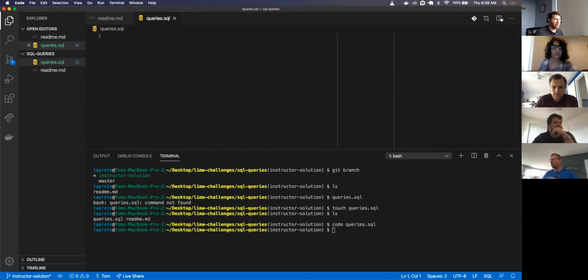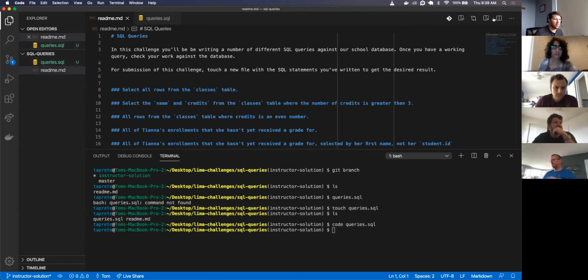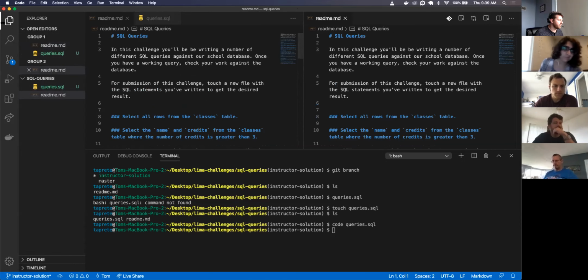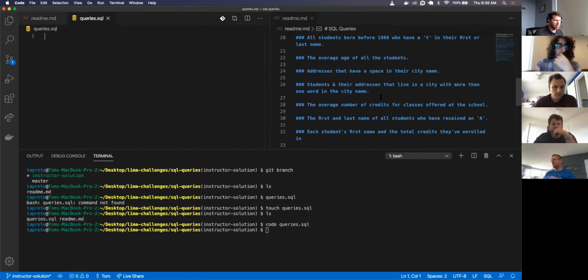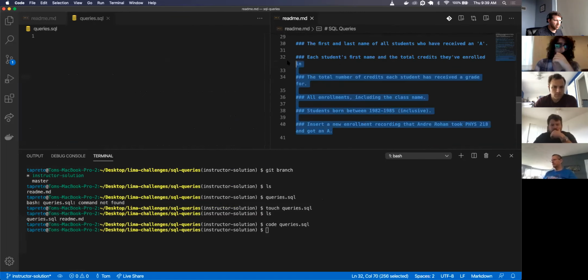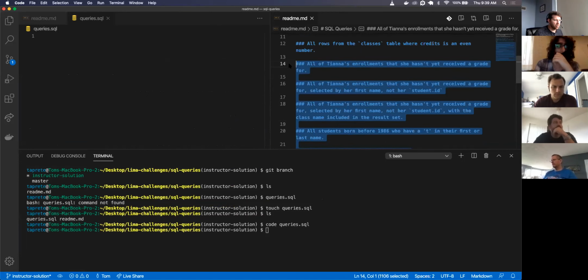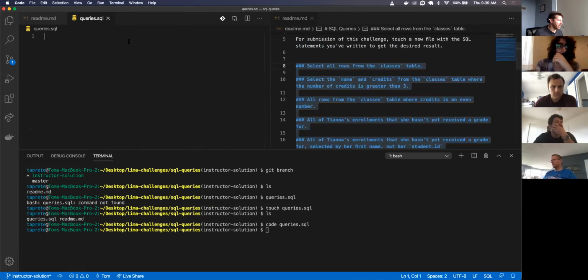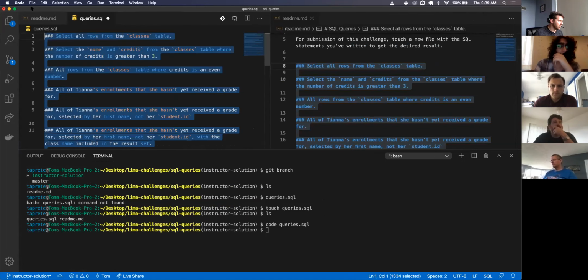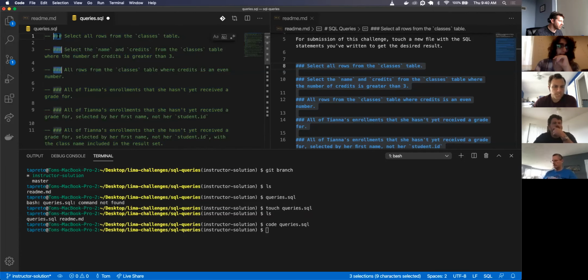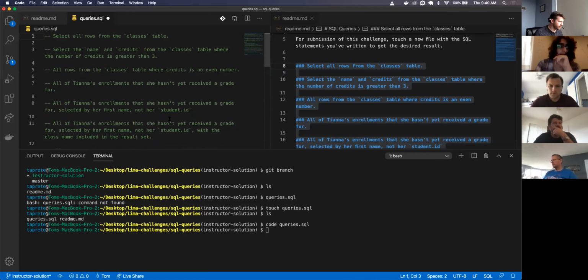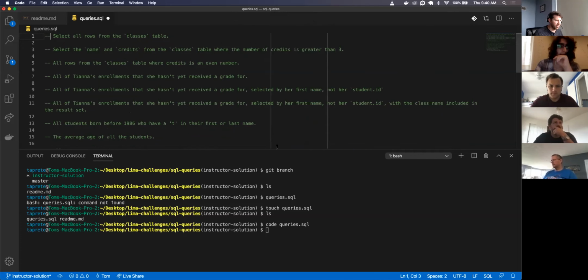Opens it up here. I'm going to split the screen, close that, and copy all this over to my queries file, comment it out, and delete all that. Cool. Now I can close the README.